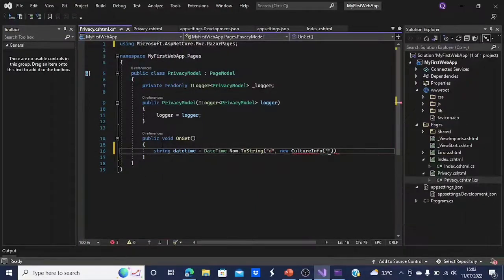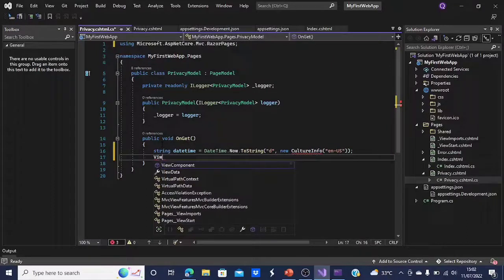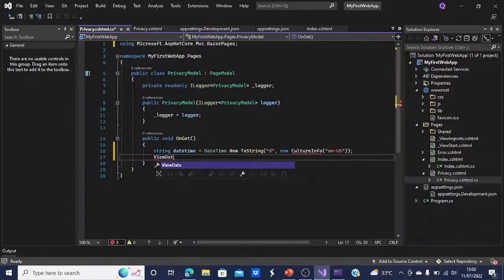We will use English US, like this. ViewData timestamp data, like this.